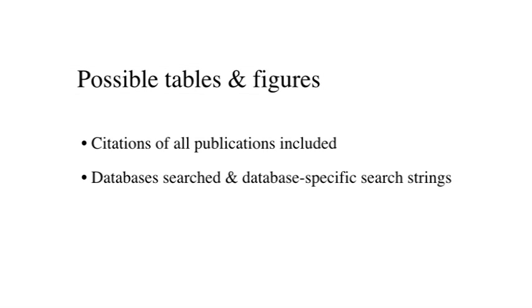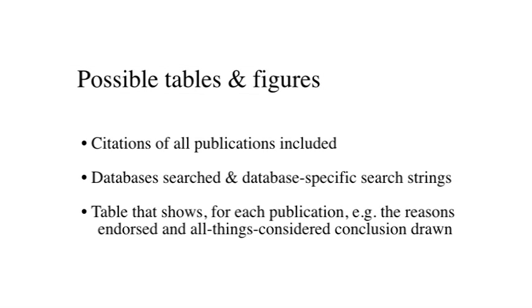When a literature is very difficult to retrieve, as in the case of the literature on post-trial access to the trial intervention, it is a good idea if the review contains a list of all the publications included. Where the search was very complex, a list of databases searched with the database-specific search strings helps make the search reproducible. And particularly when users of the review are likely to be interested in the positions taken by individual publications, and when it takes specialized skill to extract this information from the publications,